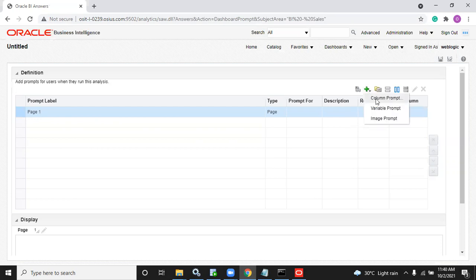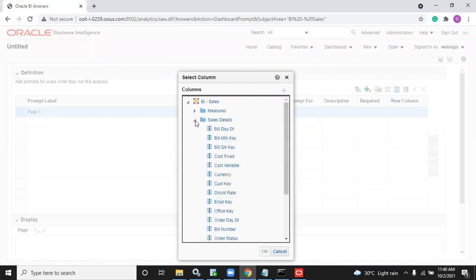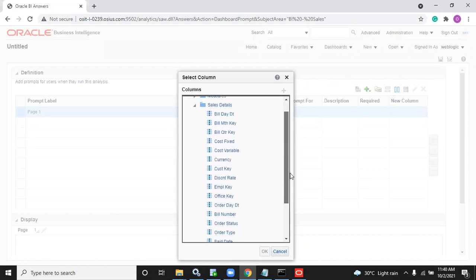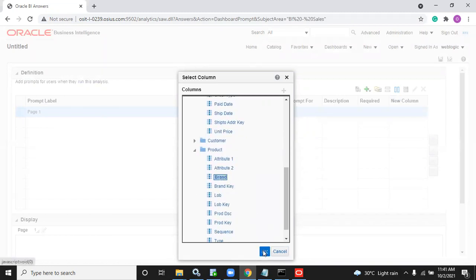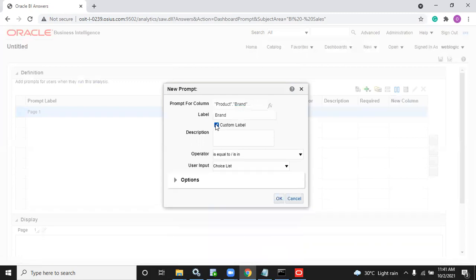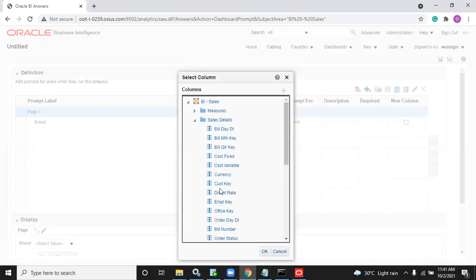Click on plus and go for column prompt. The rest of the options are the same as in the report prompt itself. The look and feel will also be the same. The only thing is it will be outside, saved as a separate name. So now, using which table do you want to create it? For example, this is product, right? So let's create a few. Brand, let me create on brand. Okay, one prompt. Then click on plus, column prompt,